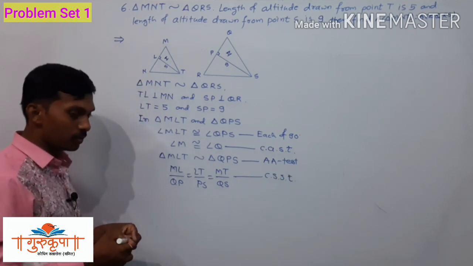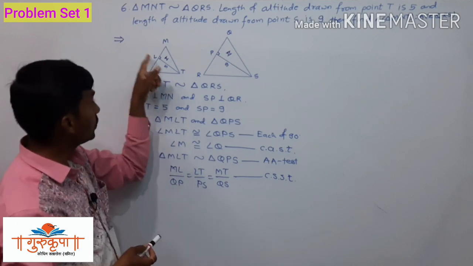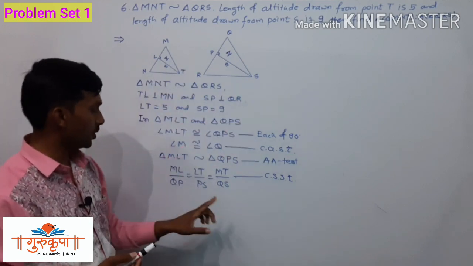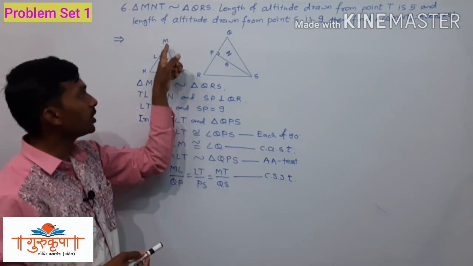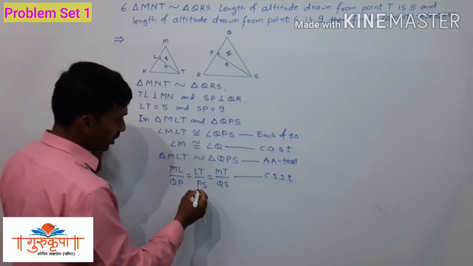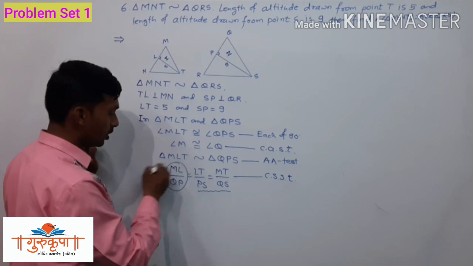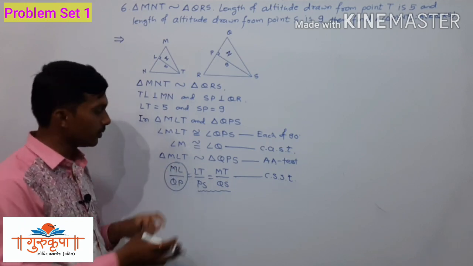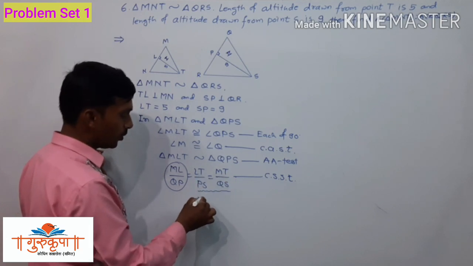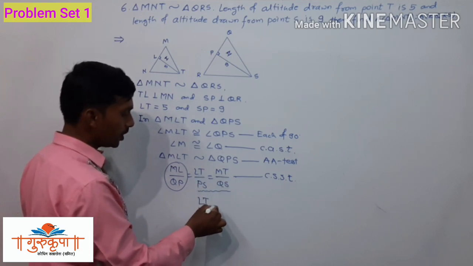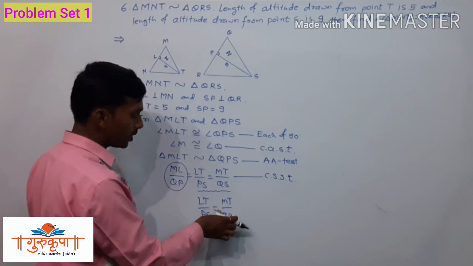And now which two ratios do we have to choose? That is the ratio of the altitudes, LT upon PS. We need this because we know the measurements of LT and PS. And we have to find the ratio of MT and QS. Since these two ratios are important for us, this ratio is not necessary, but we write that. Now again we will write only these two ratios, that is LT upon PS is equal to MT upon QS. And now put the values there.